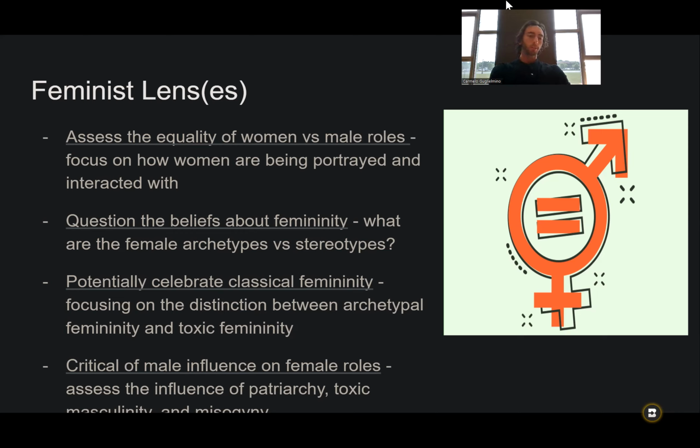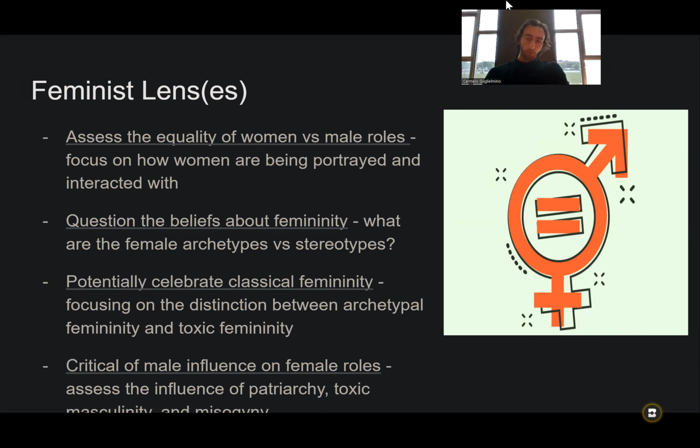Now, it also will look to potentially celebrate classical femininity. And this is where you get the breaking and the dividing factions and schools of something like feminism. Feminism, as you might know, has gone through many different waves of development, from the early 1800s and so on up until today. And some schools of feminism are very, very different from other schools. Some of them are